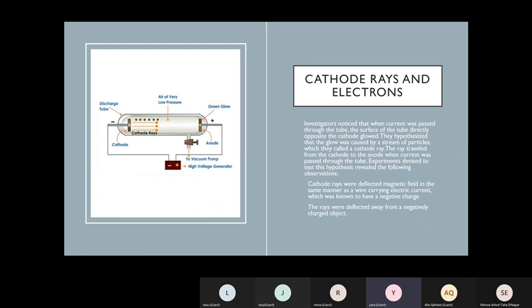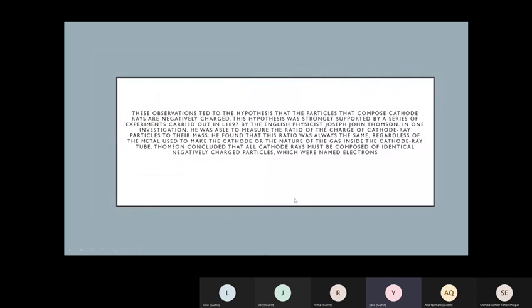The experiments devised to test this hypothesis revealed some observations. Cathode rays were deflected in a magnetic field in the same manner as a wire carrying an electric current, which was always known to indicate a negative charge. The rays were deflected away from a negatively charged object, which means that this glow had negatively charged particles too. So these observations led to the hypothesis that